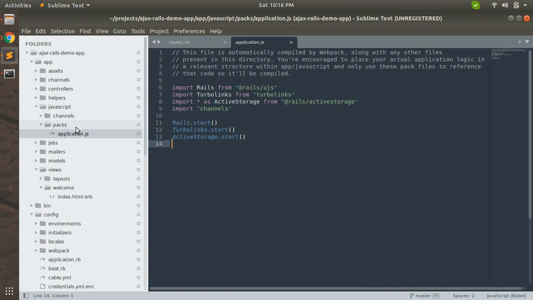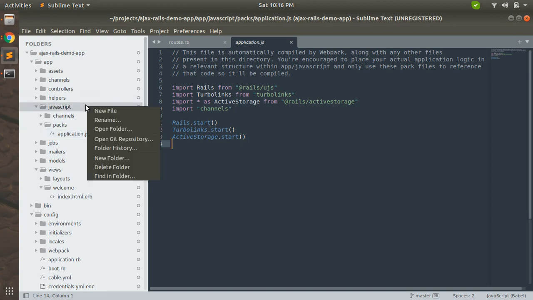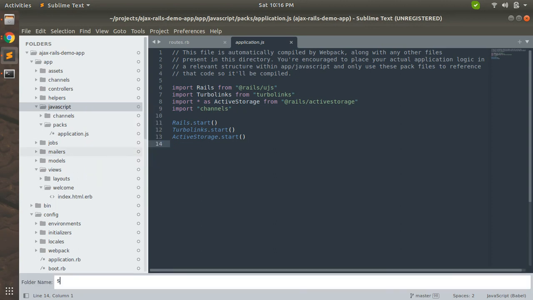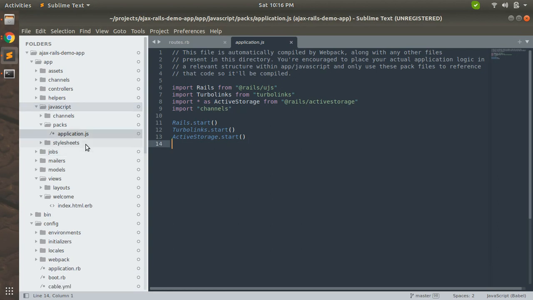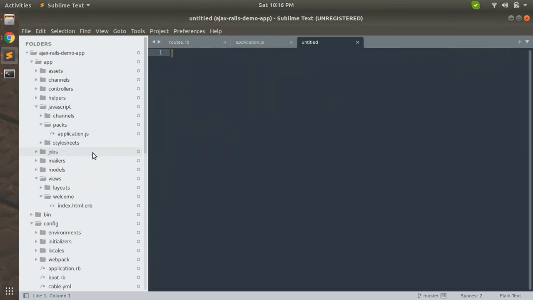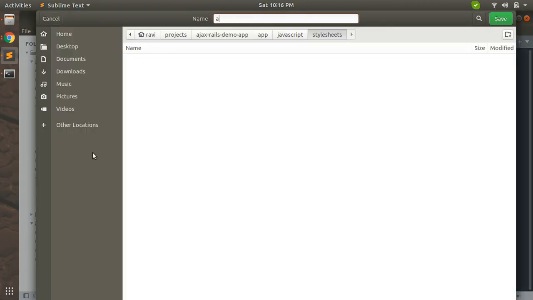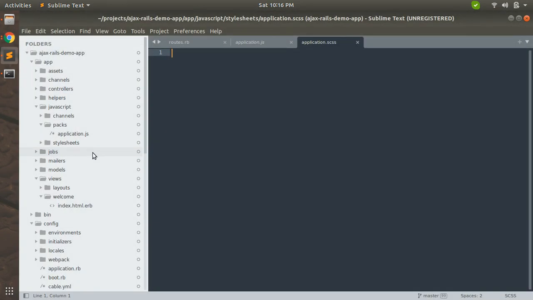First, we will add a stylesheets folder into the javascript folder to import Bootstrap CSS. So let's create a new folder and name it stylesheets. Now into stylesheets, create a file with the name application.scss.